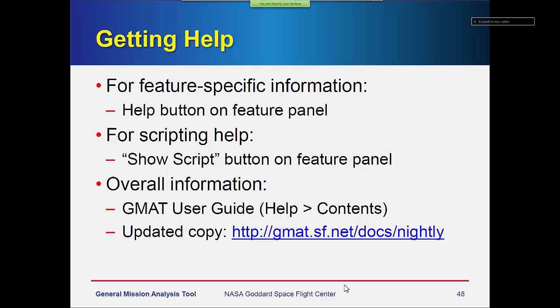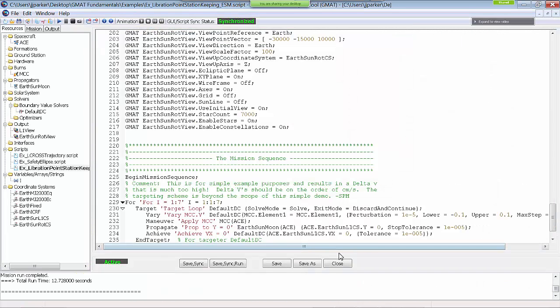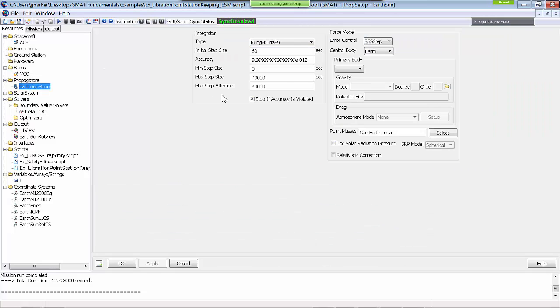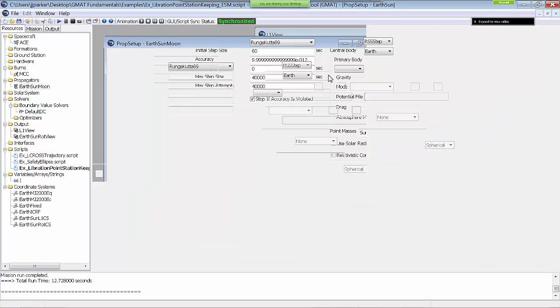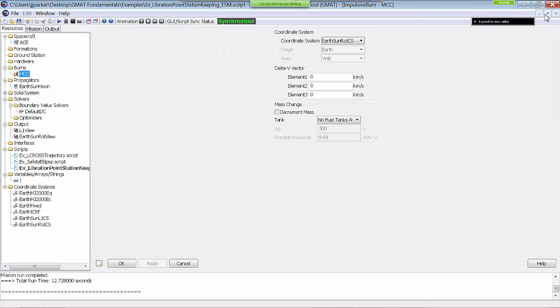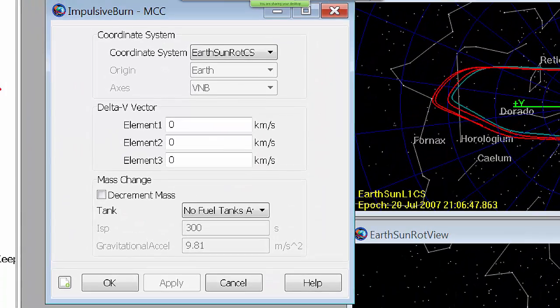All right, in terms of getting help, there's a couple ways to do it. First of all, if you have a question about, for example, well, let me do something simple. An impulsive burn. So here's the impulsive burn panel. Lets you configure coordinate systems and delta V vectors and things. There's this help button right here